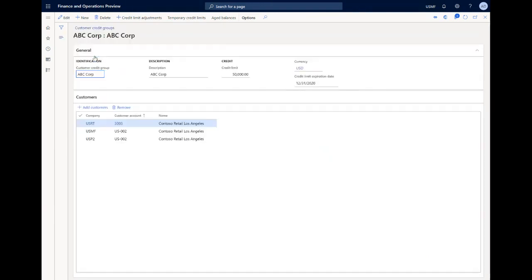But what this does is you can create this group, give it a name, and give this group a credit limit. In this case, we have a 50,000 credit limit for that group. And then notice underneath there are 3 different customers in different legal entities on top of it that are part of this group. So now let's talk about the hierarchy of credit limits again, because now we've got another credit